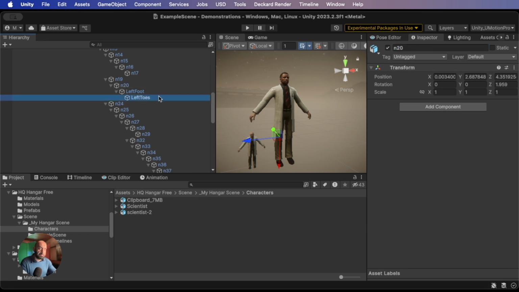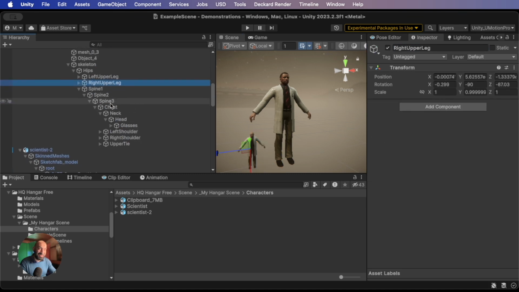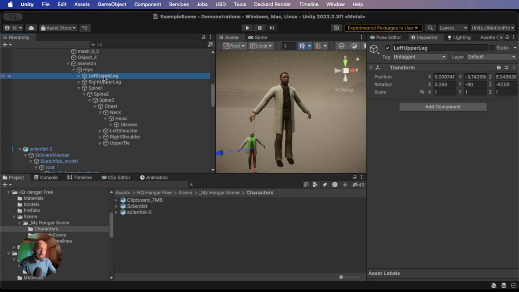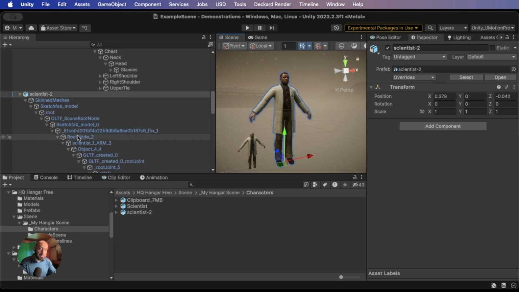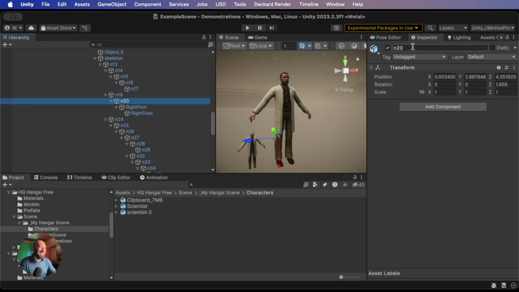This is right. I need to make sure I didn't mess up the other one either. I may have. You may have been screaming at me the entire time. Let's check this guy. No, I did it correctly. Right and left. Beautiful. All right, good. So I do know what I'm doing. Right lower leg, right upper leg,